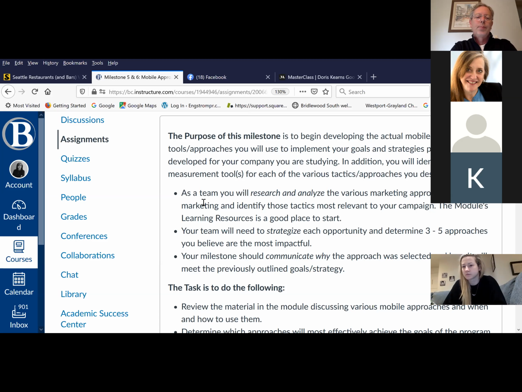But I do want to reiterate what Jeff said. Don't just say we're going to use Facebook. It's like, yeah, to do what? So please take a little bit of time to elaborate on how you feel Facebook could be an effective tool and how you would use it. And do you do that in all social media? Do you have YouTube?